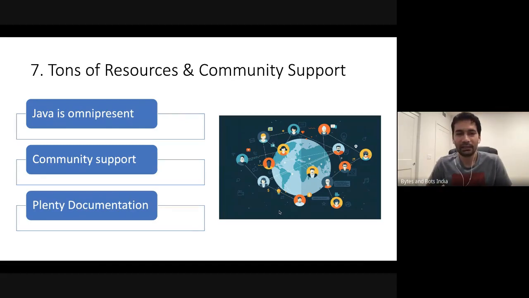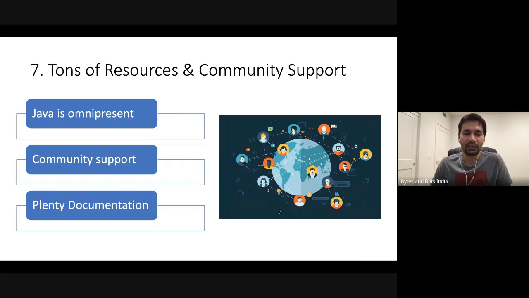So Java has so much support available on internet that most of the problems that we'll run into, I bet someone else has solved it, and we can find the solution on internet rather than reinvent the wheel ourselves. So it makes programming very easy because there's help available and plenty of documentation.